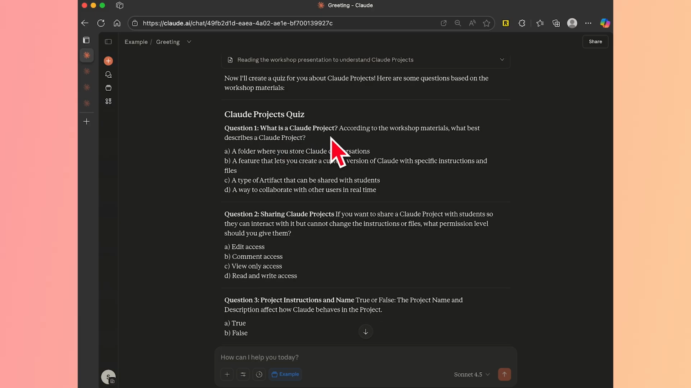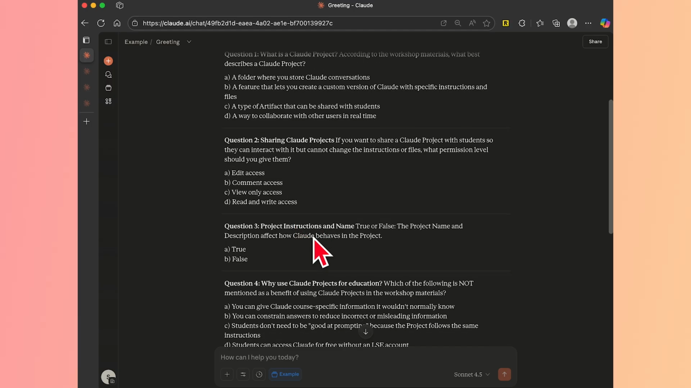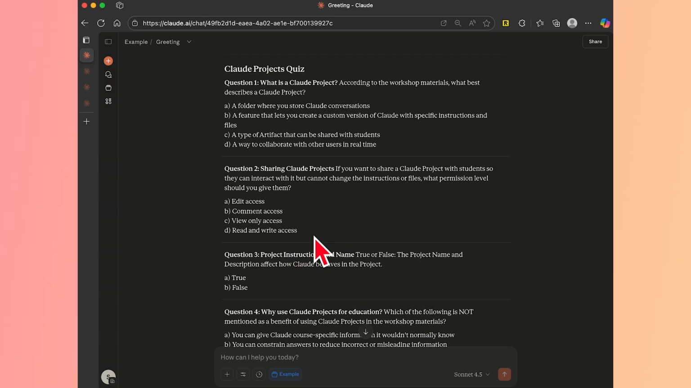So it's asking me questions, what are Claude projects, and it's pulling information from the workshop materials. And you can see, because I was very vague in my instruction, I just asked for a quiz. It has just predicted the response with the most common format for a quiz, which is a multiple choice quiz. So this is why you may want to give more detail in your instructions, because I would say this probably